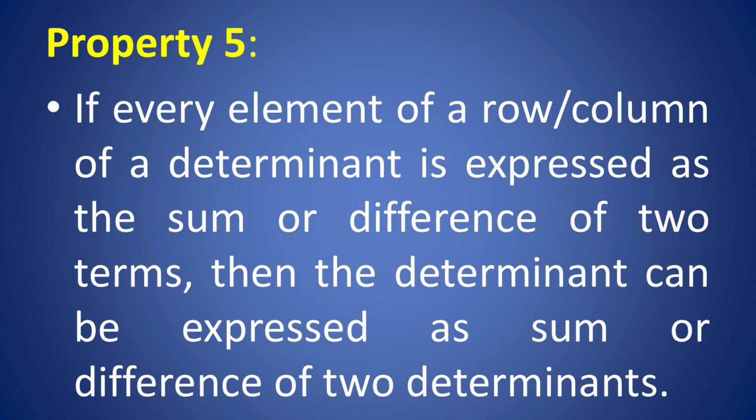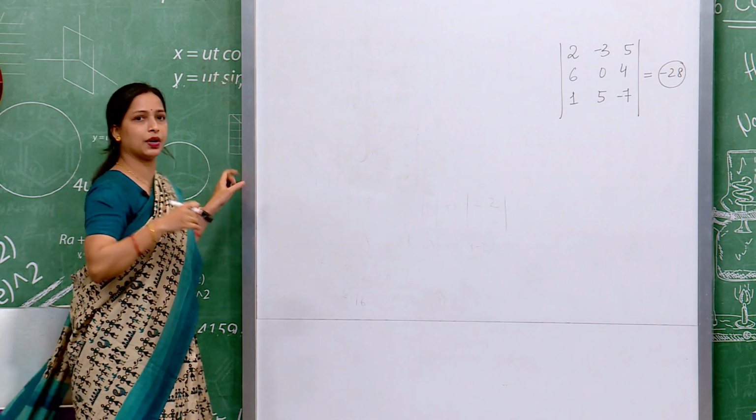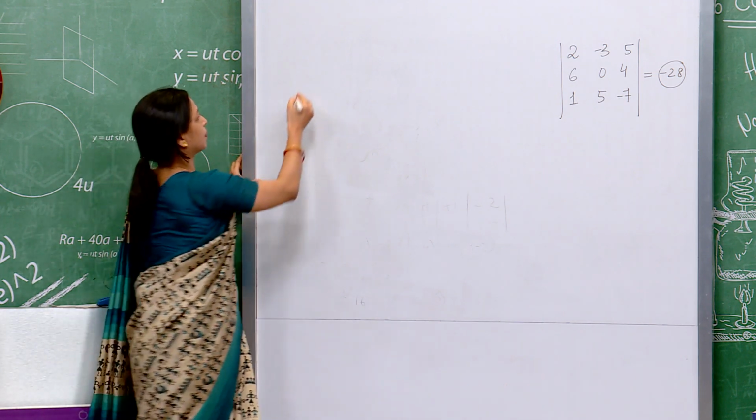Property 5 says that if every element of a row or column of a determinant is expressed as the sum or difference of two terms, then the determinant can be expressed as sum or difference of the two determinants, right. Now, what does it mean? Now, let us see with the help of an example. Here we are going to take a order 3 determinant. Now,